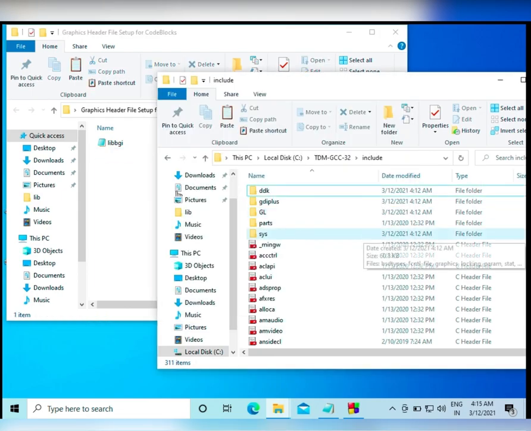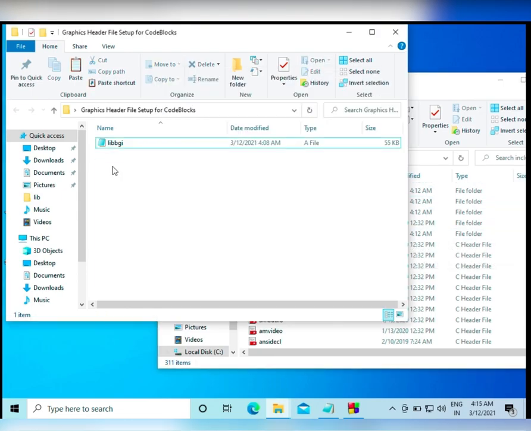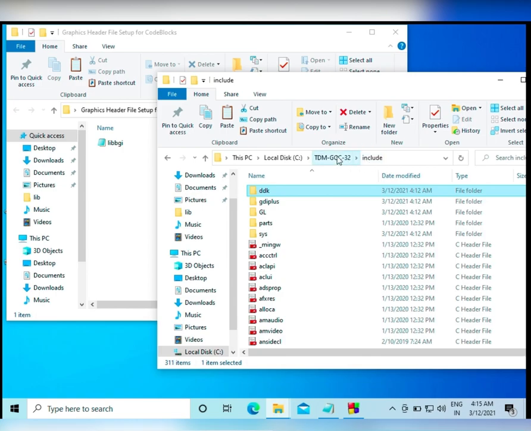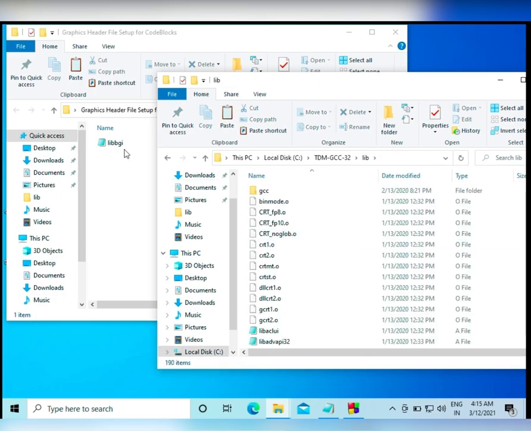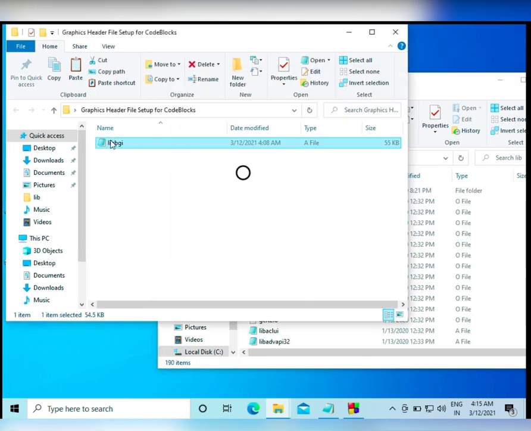And now we have one more file, libbgi. We need to paste it in the lib folder. Open it and paste it here.